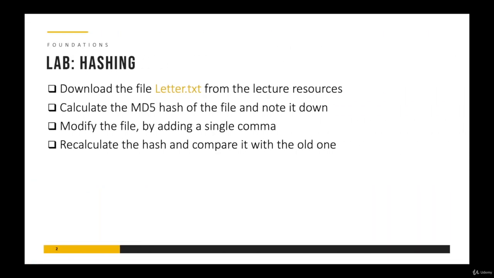First of all, we have included a file letter.txt in the resources. You should download it, and then you need to calculate the MD5 hash of the file and note it down. Next, we're going to modify the file just slightly. We'll add a single comma. We'll recalculate the hash and compare it with the old one to see whether it changed or not, and by